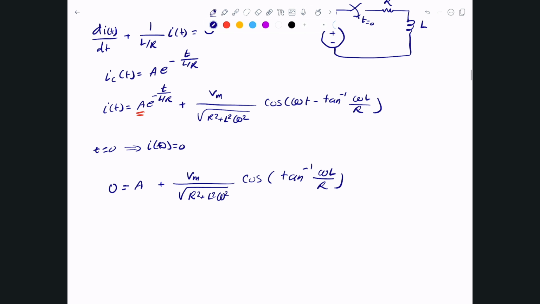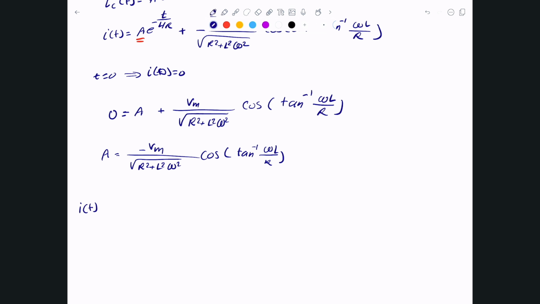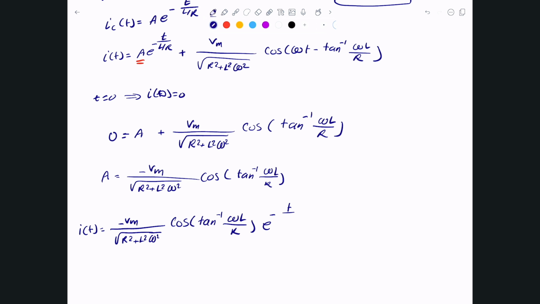So now we can say A is just simply negative Vm divided by the square root of R squared plus L squared omega squared, times the cosine of the tangent to the power negative 1 of omega L over R. And now what we have to do is just take this A here and substitute its value to get the complete solution for I of t: negative Vm divided by R squared plus L squared omega squared, multiplied by the cosine of tangent to the negative 1 of omega L divided by R, times e to the power negative t divided by L divided by R, plus Vm